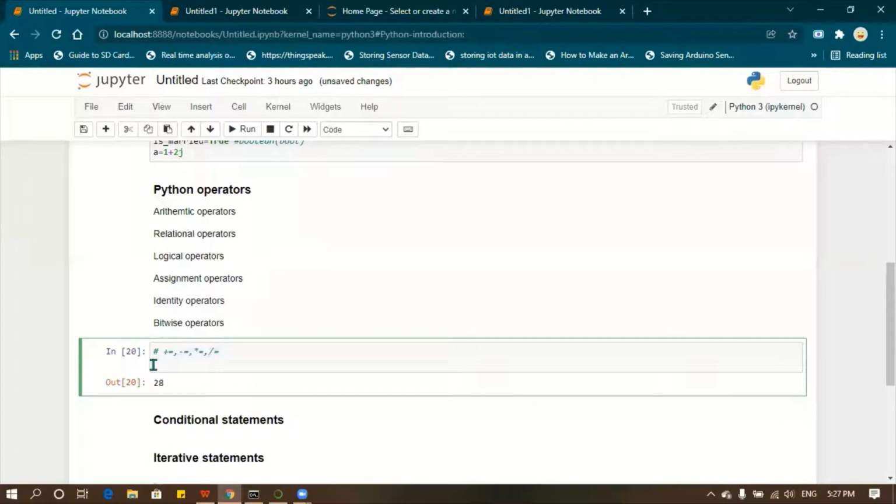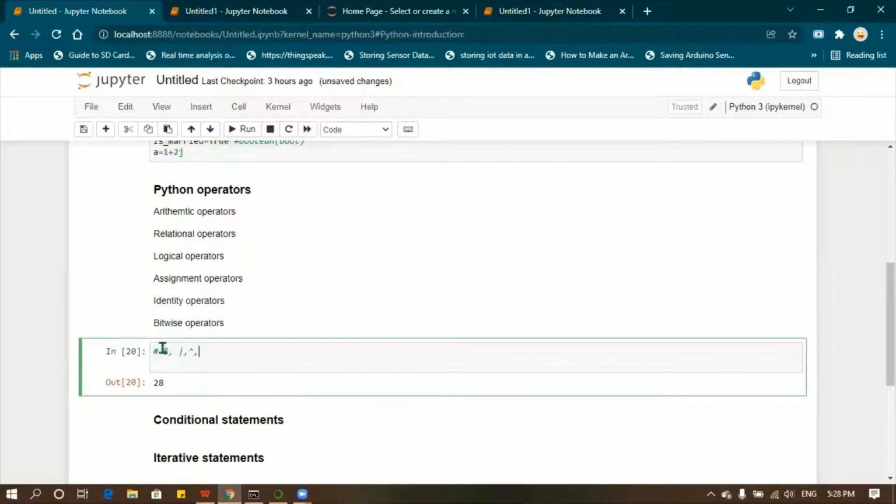Let's see the bitwise operators. Bitwise operators are the AND operator, the OR operator. For the OR operator, you will find the symbol in the numbers tab, like a backslash, right? There you can find the symbol. Next we have XOR, this symbol.